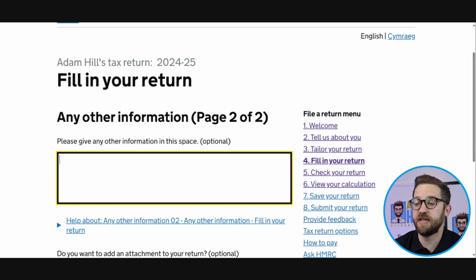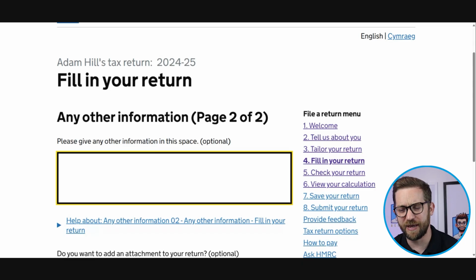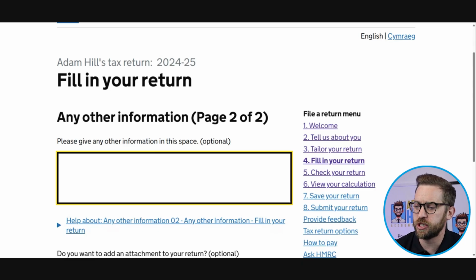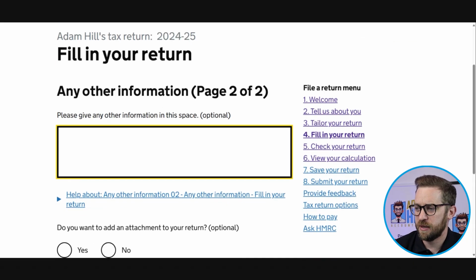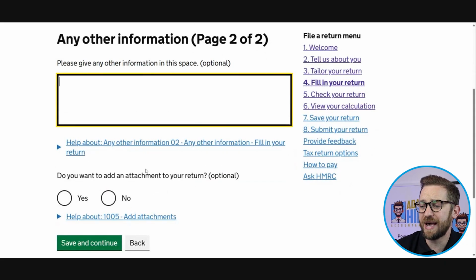And then we're provided with an additional text box. So this one is general information. If I had a bit of information to tell HMRC, something other than self-employment information, then I would let them know here. But again, if it's not going to benefit someone reviewing your tax return, then I wouldn't normally provide any information in this white space. You can add attachments if you have any workings that might be useful, and I'll save and